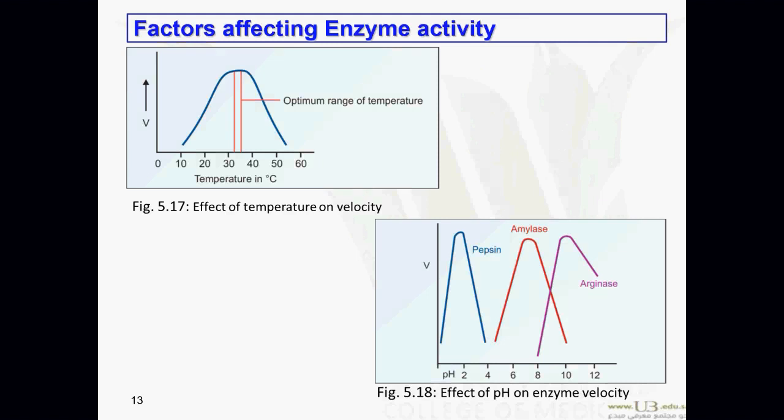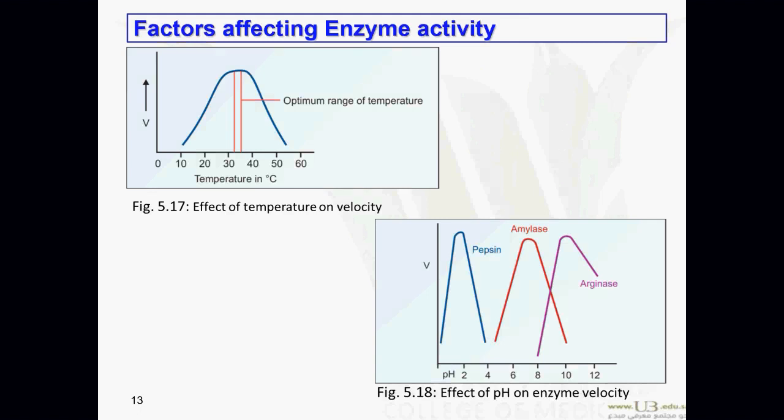For the amylase, which we usually have in slightly alkaline media like the mouth or the intestine, the optimum will be around 7 point something, almost closer to 8. And if we increase the pH of the reaction for the amylase from 6.5, for example, we will have a low rate of reaction, and as we increase the pH, we will increase the rate of reaction till we reach the optimum reaction at the pH, which is 7.5, for example, or 7 point something,